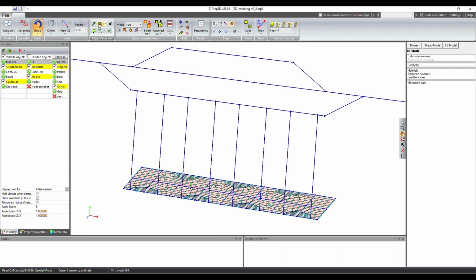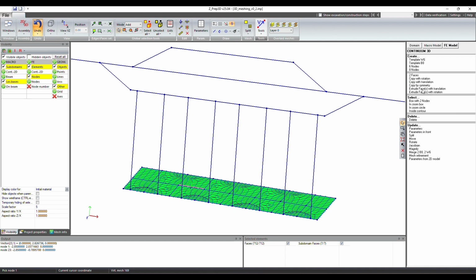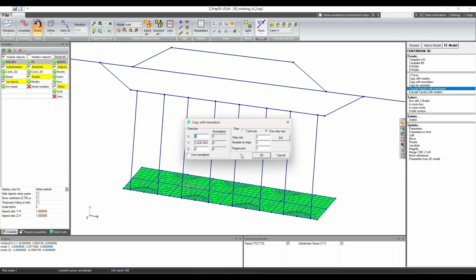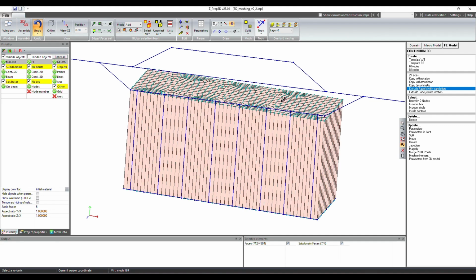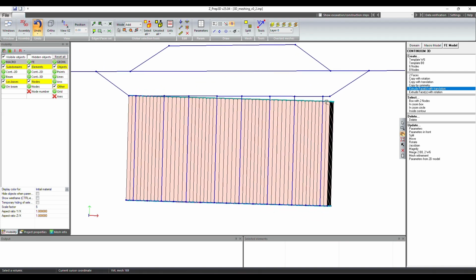So let's start by selecting the faces of all these 2D elements. Pick the extrusion vector and go to finite element model, continuum 3D, extrude faces with translation. Alright, this is the vector and the 3D elements appear. Unselect all the faces and we see that these elements are now on a plane that is parallel to the